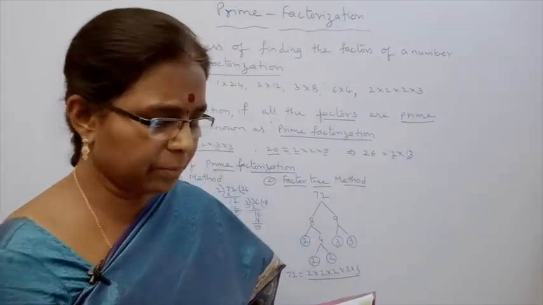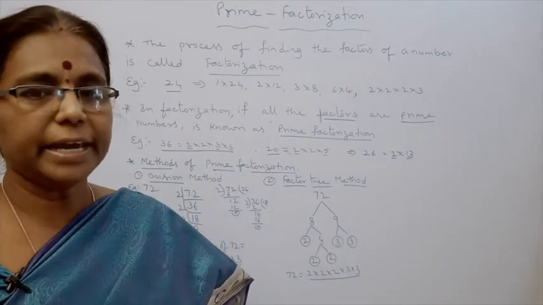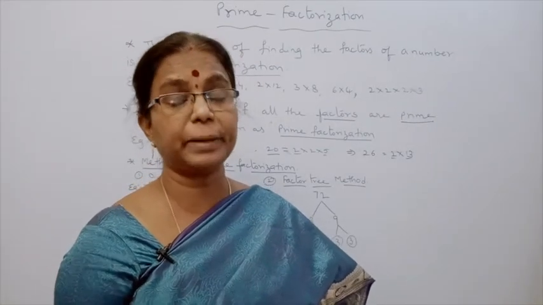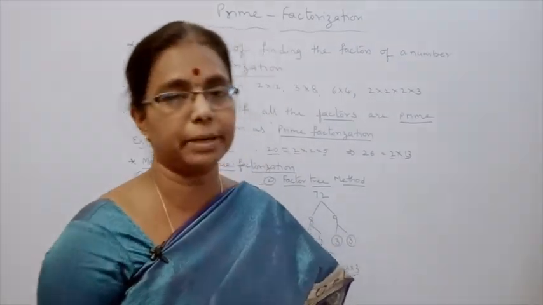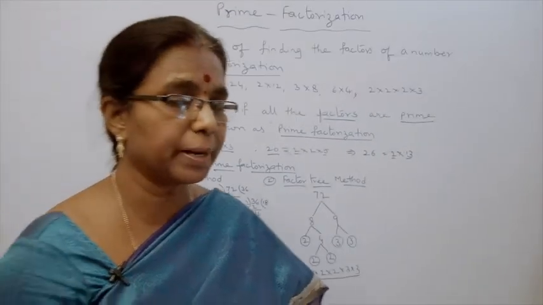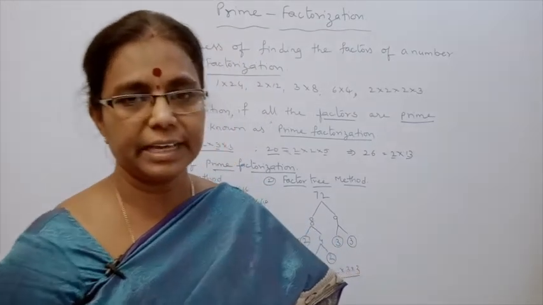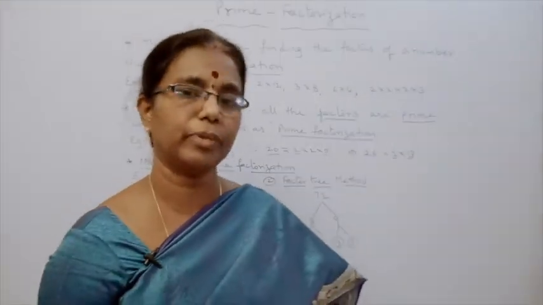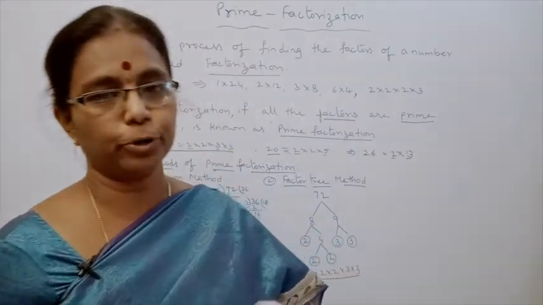Next question: I am the smallest number having 4 different prime factors. Can you find me? Here one number is there, that is the smallest number having 4 different prime factors. What he told is the smallest number. Then what are the smallest prime factors? The first 4 smallest primes: 2, 3, 5, 7. Then the number is equal to 2 into 3 into 5 into 7. Then you will get the smallest number. This is the homework, exercise 3.3.